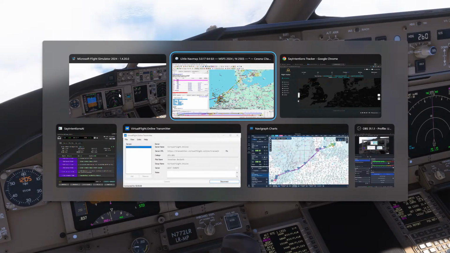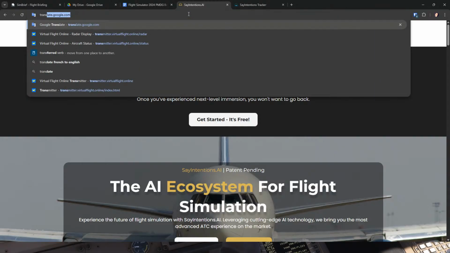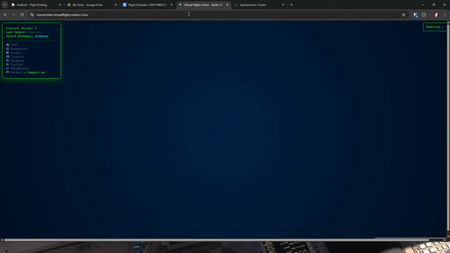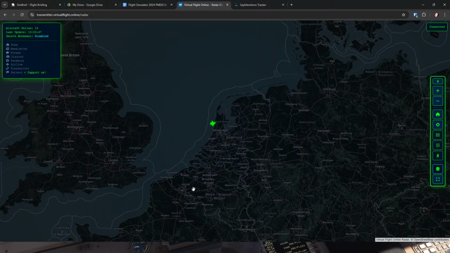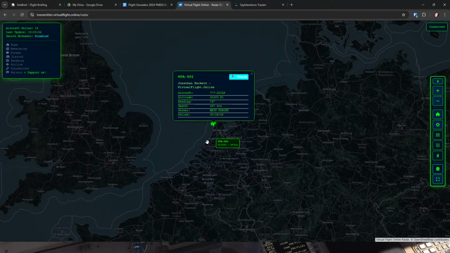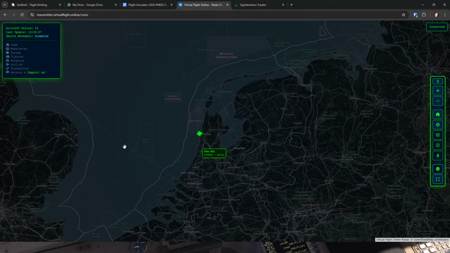So yeah, I did start looking at Transmitter to see. Where is it? Radar. So obviously you can see there's only a handful of people using it, because only a handful of people know it exists so far. I did start looking at Transmitter to see if I could put the flight plan on,